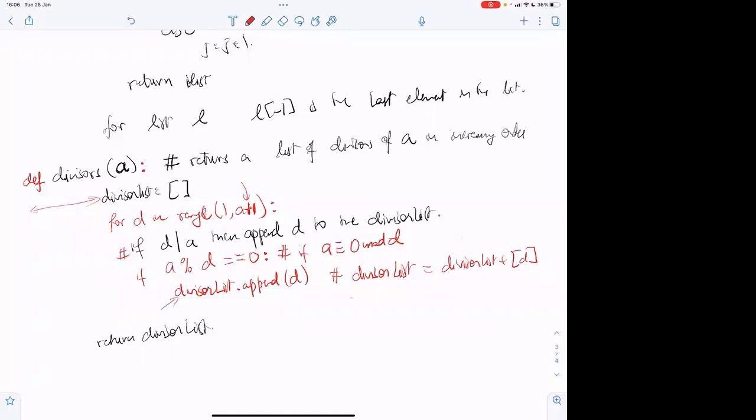No, one second. So yeah, here I create a new list. That might not be correct, but anyway, there is a distinction between the two.